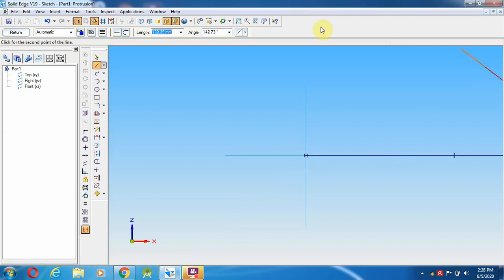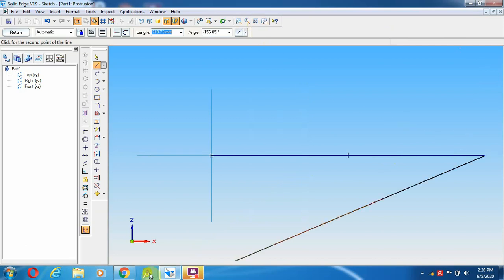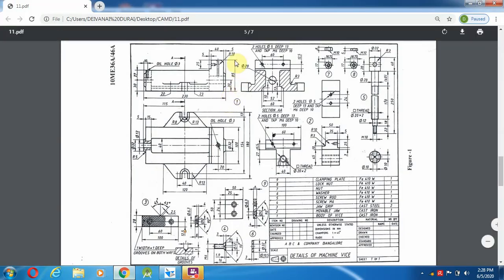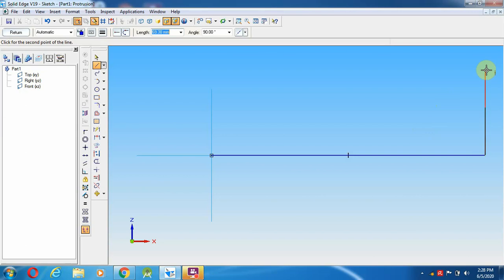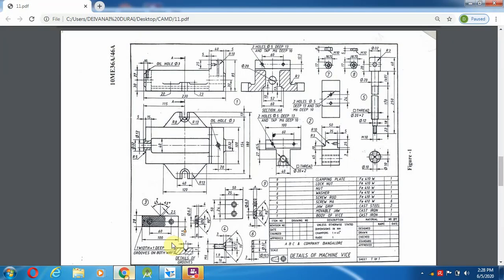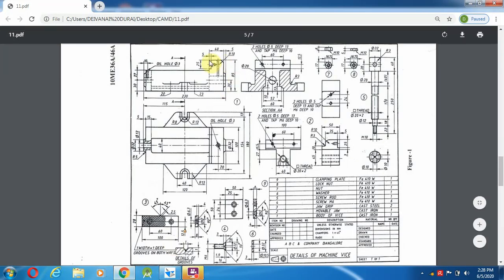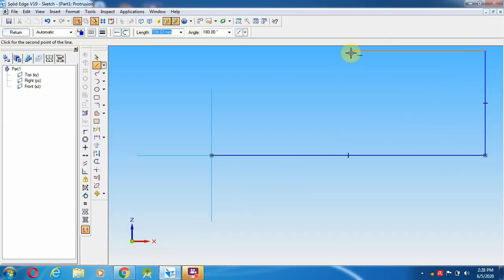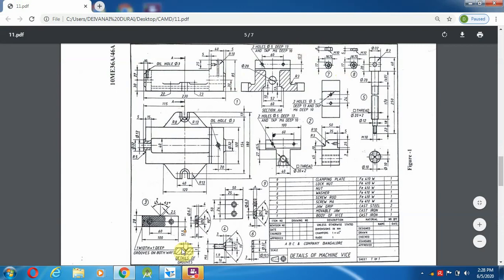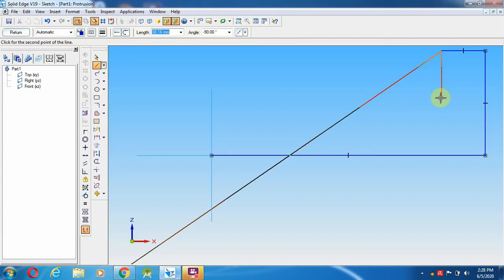I am going to make a line over here. Enter, and give fit, then height. What is the height they gave? 85 mm. So I am going to make 85 mm over here. After making the 85 mm, then towards the left side 40 mm, and 5 mm goes down, so I am going to move 35 mm. 35, enter, then 5 mm. What is the length? 25 mm. 25, enter.